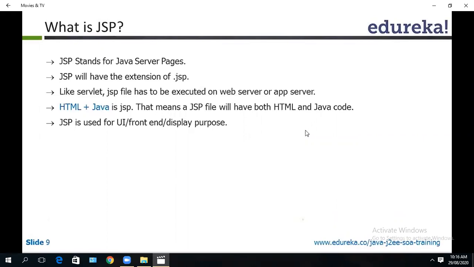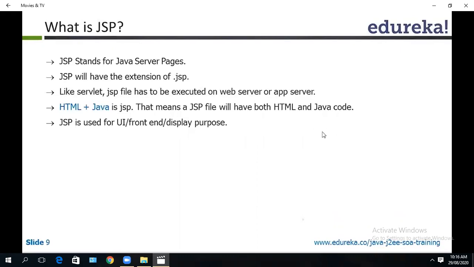So JSP is used for multiple purposes, both for UI as well as the middle layer, completely end-to-end. If you just have JSP, you can develop the front end, the middle tier, and using JDBC connect to the database.